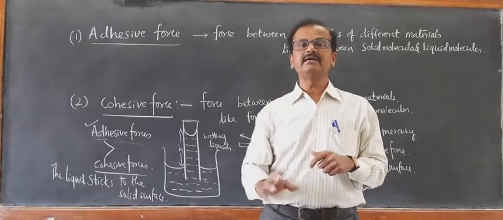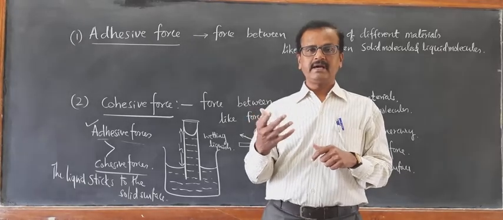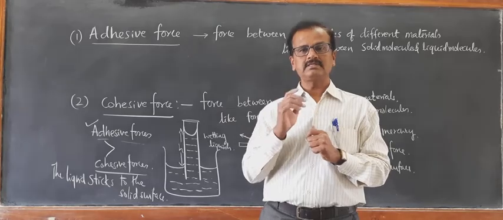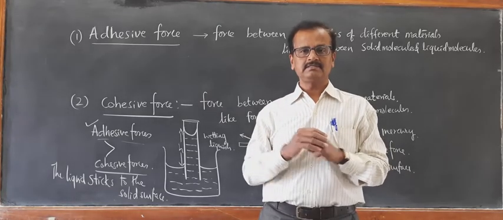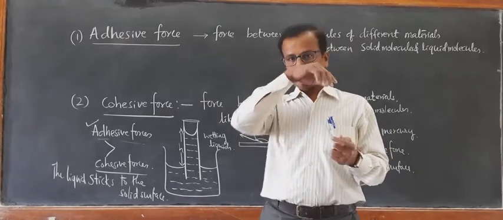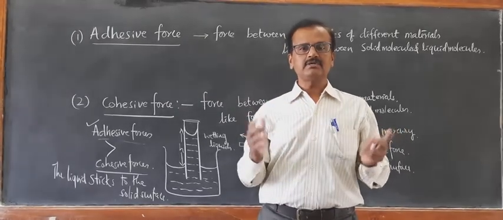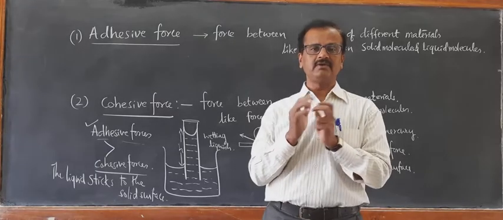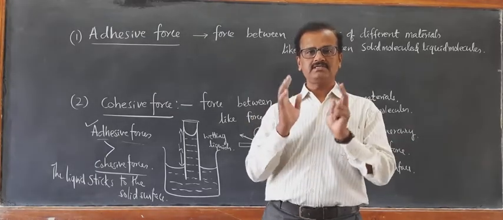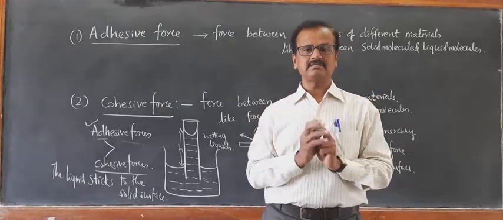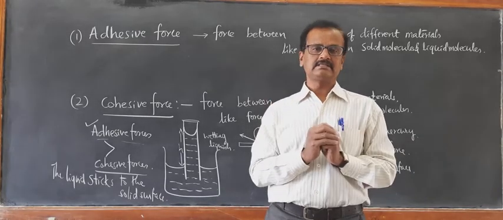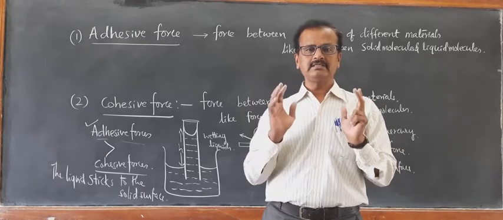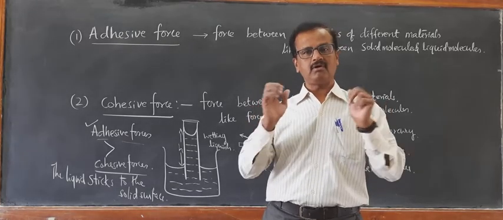Another way is by increasing the temperature. By increasing the temperature, surface tension of water is reduced. So this is a very important property of liquids. Just like viscosity, what we have learned, as we increase temperature, viscosity decreases. In the same way, as we increase temperature of liquids like water, the surface tension decreases, surface energy per unit area decreases, and thus clothes can be very conveniently and easily washed with the help of hot water.